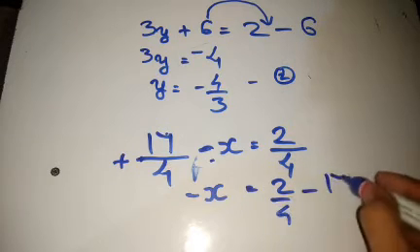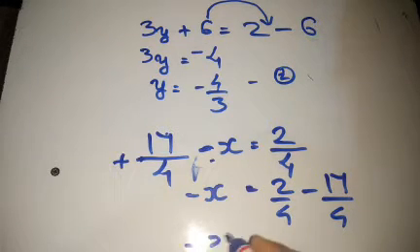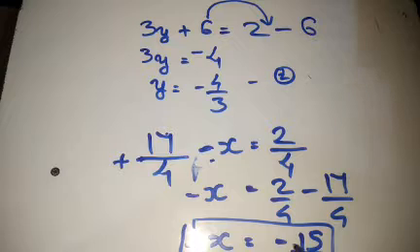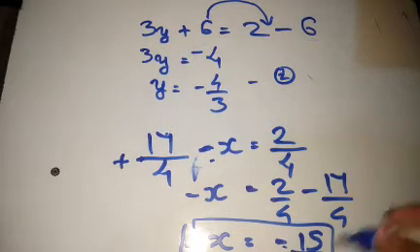Then 2 by 4 minus 17 by 4, we'll get minus x is equal to minus 15 by 4. Now these are the signs. These signs are of positive and negative. So there is some property like